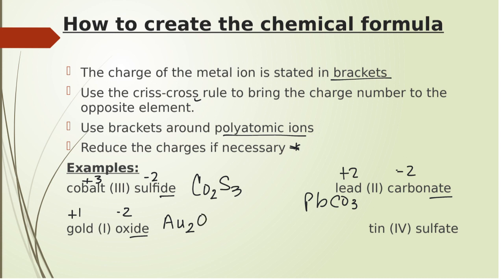Tin(IV) sulfate. Tin has a charge of +4. Sulfate, ATE, is different than sulfide. So this is a polyatomic ion. We go and we look up the polyatomic at the bottom of the periodic table. We notice it has a charge of -2. We already see we're probably going to have to reduce this. So we're going to end up with a formula of